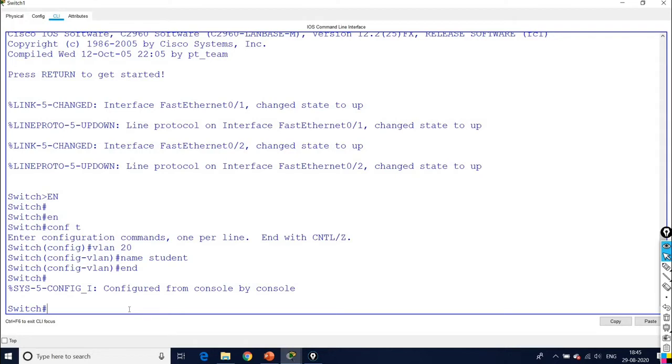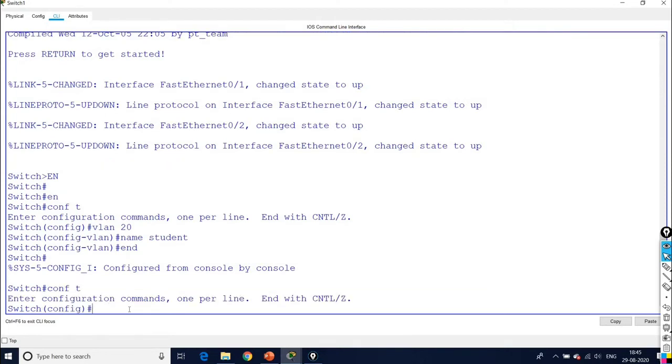On the switch port, I want to configure the access port and assign it to VLAN 20. Any device connected to the port will be associated with VLAN 20. So go to global configuration mode, then interface. What is the interface I am using?